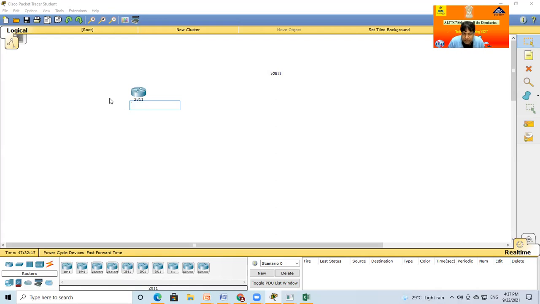For example, for LTTC campus, if I go for internet and Wi-Fi across the whole campus, definitely one router is required, and this is a customer type of router. As per availability, we take one router, put it here, and rename it as per our requirement. Again we can take one more same router and select it.